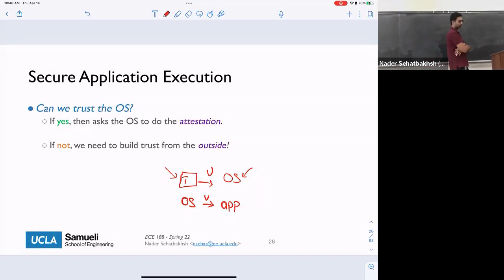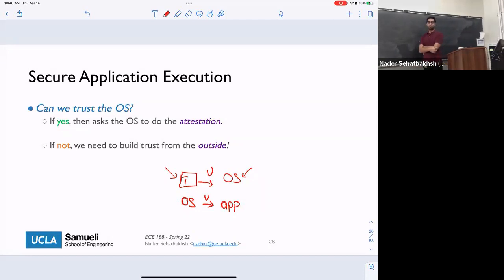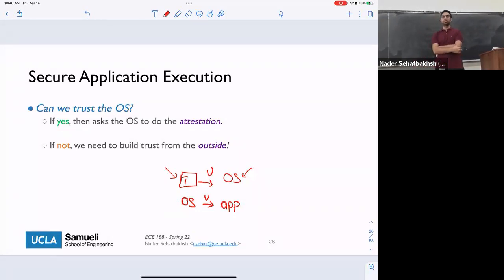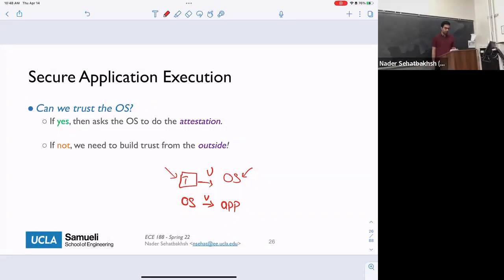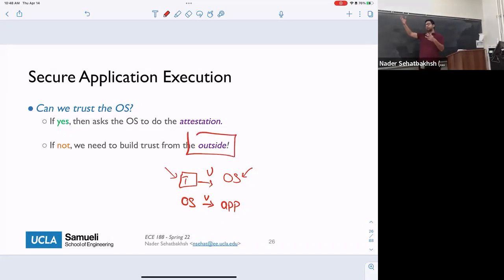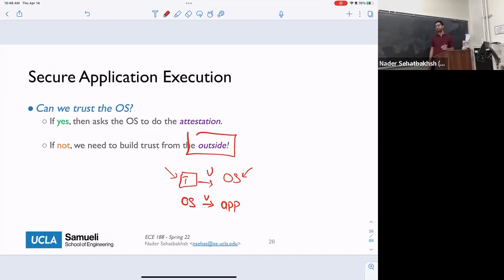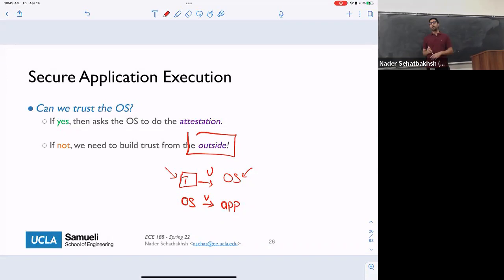So now that there might be a chance that there is malware in our system, what can we do to still be able to run things securely in our system, right? So that's the question. And the answer to that is we need a mechanism to remotely, or from the outside of this computer, establish the trust, all right? And this is a very interesting capability that we can have, because what it says is, even if I don't trust my operating system, I still can use this computer in a useful and effective manner.